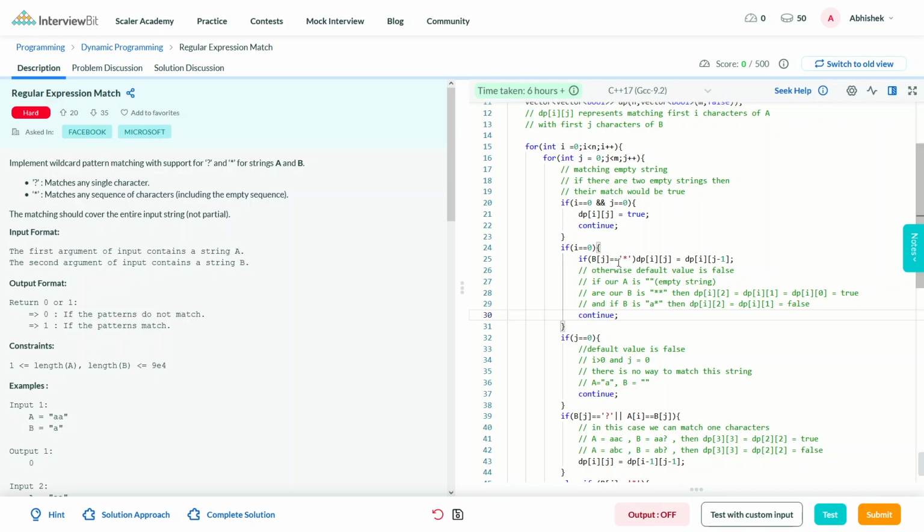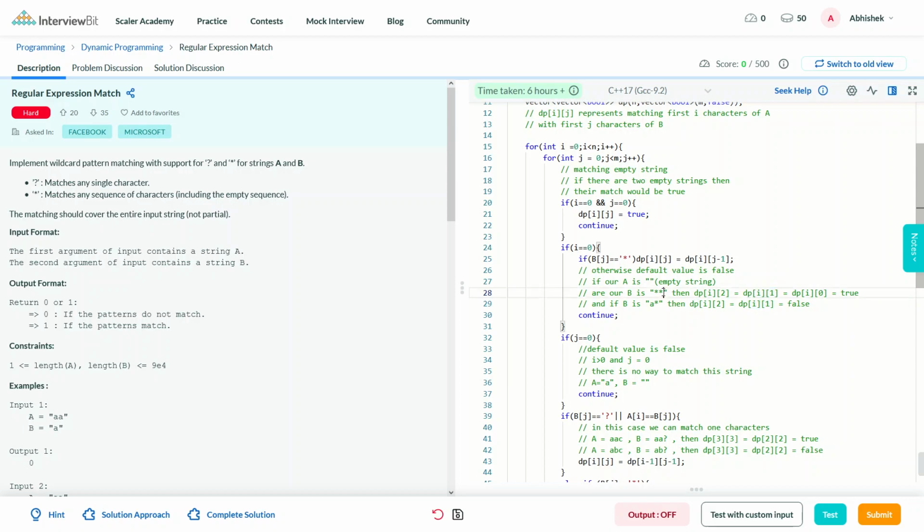Then we have i equal to 0, that is our A is an empty string, and we check if B of j is a star, then dp[i][j] equals dp[i][j-1]. What does this represent? If our A is an empty string and our B is like these two stars, then dp of i and 2 would be equal to dp of i and 1.